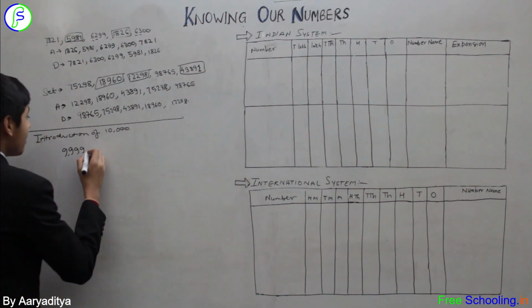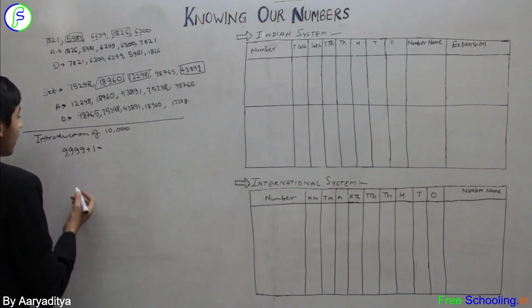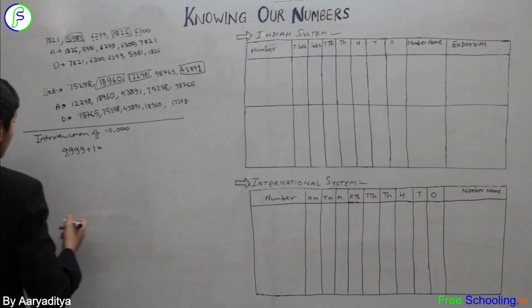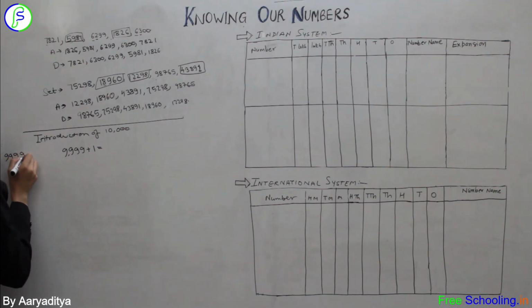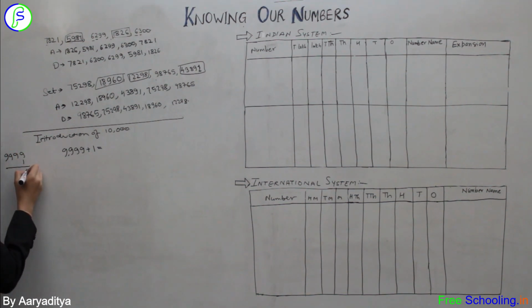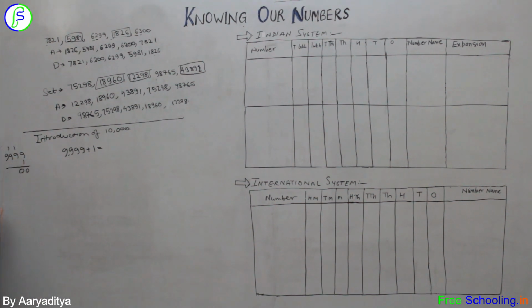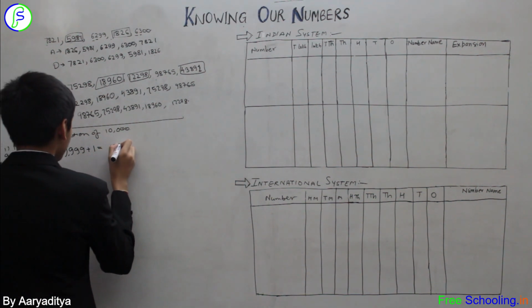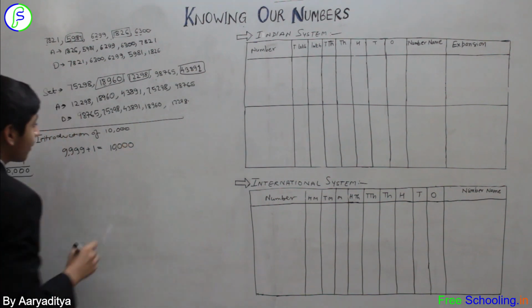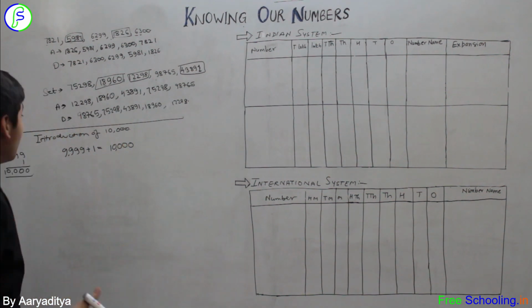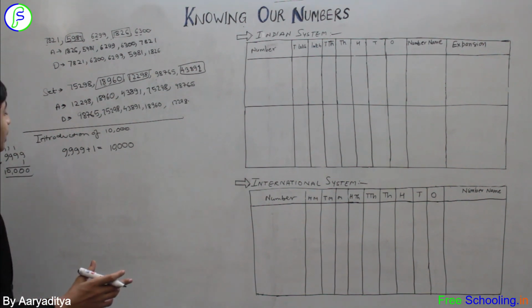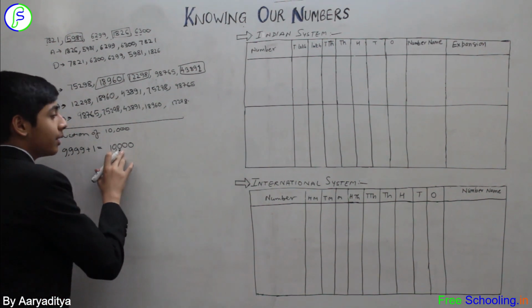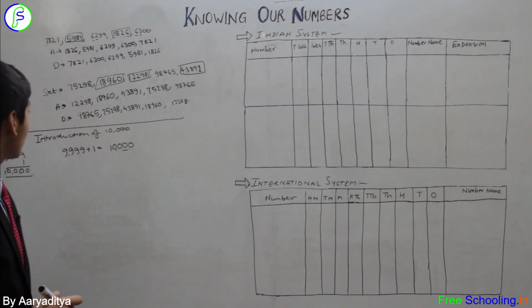So what would happen if we add 1 to this one? So what is 9999 plus 1? Let me do it in a rough. 9 plus 1, 10, 0, 1 carry on. Then we add 1 plus 9, we get 10, 0 as the base, and then 1 carry on. 9 plus 1, again 10, then we have 1 carry on, and at last we have this number. So when I write it out here and put a comma, you would clearly see that it is 10,000. So if we add 1 to the largest 4-digit number, we get the smallest 5-digit number, which is 10,000. So this is the introduction.